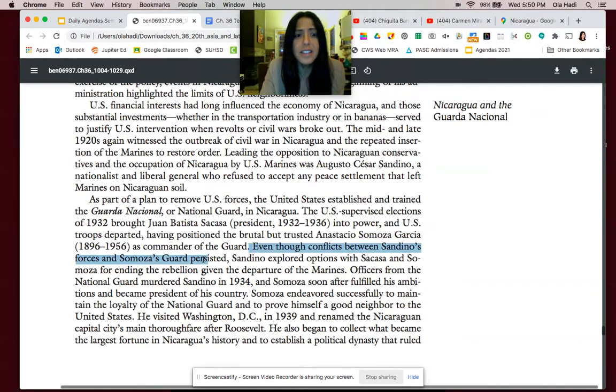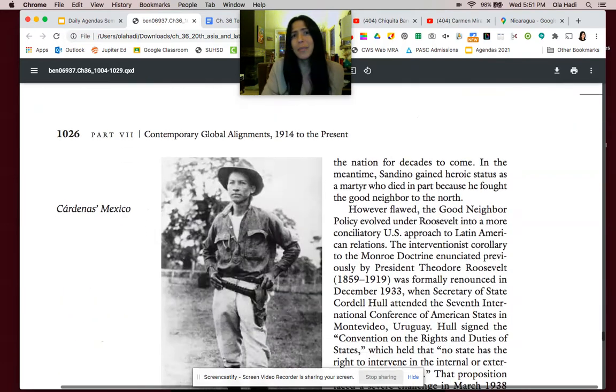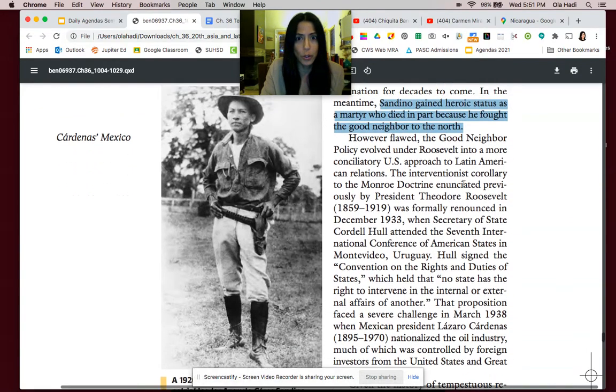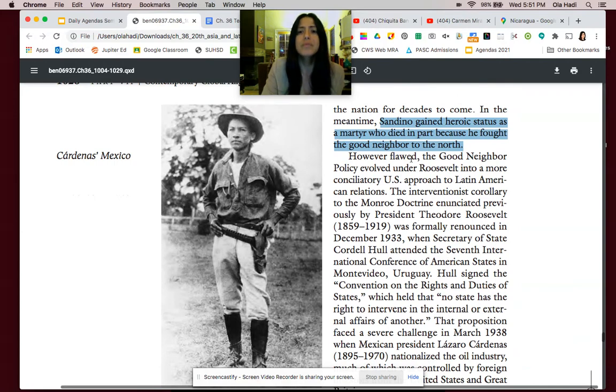And then this National Guard, Somoza's Guard, kept fighting with rebels that were on the side of Sandino. Eventually, the Nicaraguan National Guard murders Sandino in 1934, and then Somoza goes on to become president, and he kisses up to the United States by renaming the main street in Nicaragua after FDR, and then he builds this large legacy. And basically, this is going to infuriate people who really resent the neocolonial power of the United States.